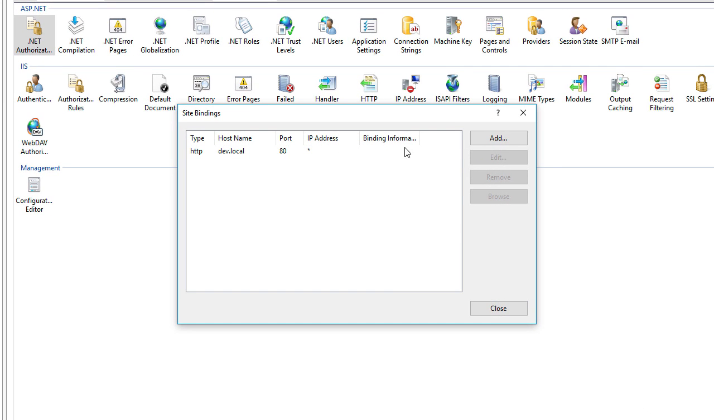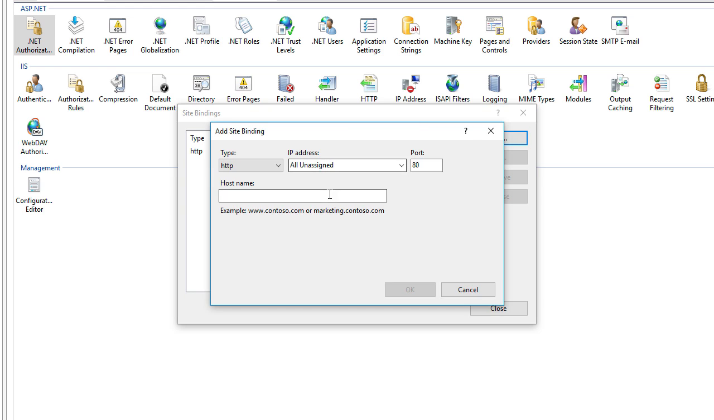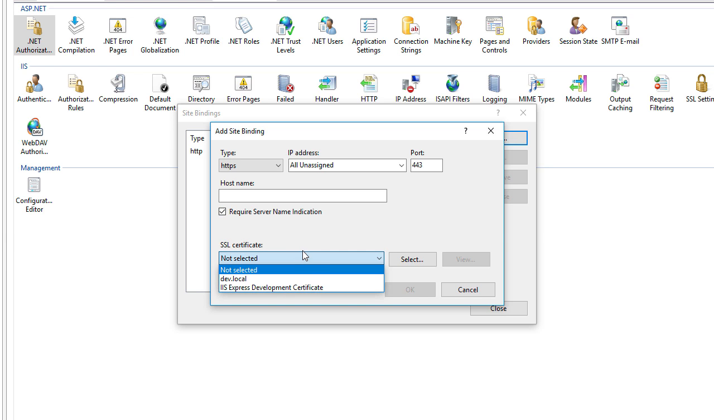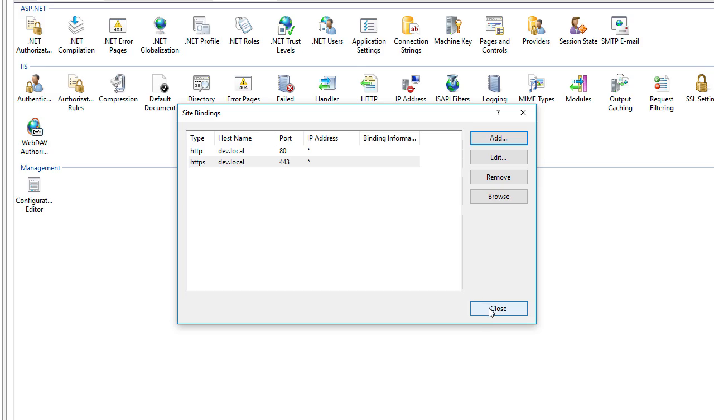Alright, so the final step in all of this is basically to go now to our bindings. We are going to add another scheme, which will be HTTPS. We will check this button, which is basically allowing us to add multiple SSL certificates. That's the require Server Name Indication. I'm going to put dev.local in here, and I'm going to click OK. Alright, so now